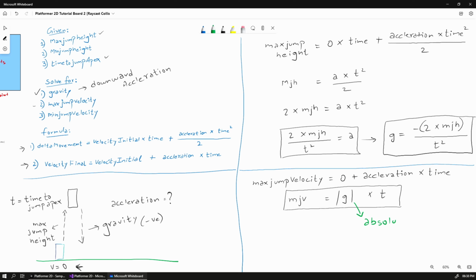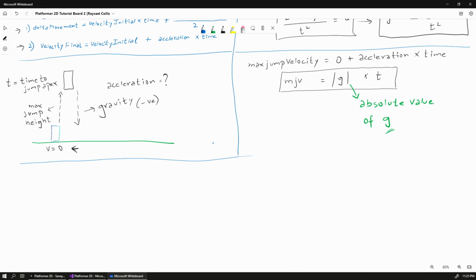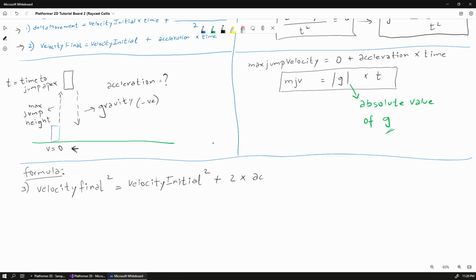So lastly let's calculate the min jump velocity. Let me just drag the whiteboard down and make some space at the bottom. So for this we'll use a new formula, which is velocity final square equals velocity initial square plus 2 into acceleration into displacement. So to illustrate this and why we need minimum jump velocity is that when the user taps